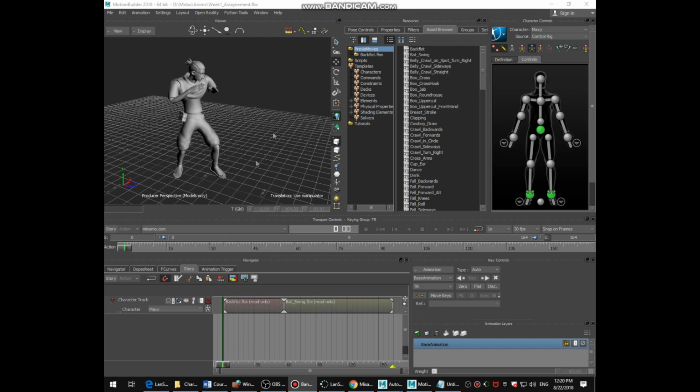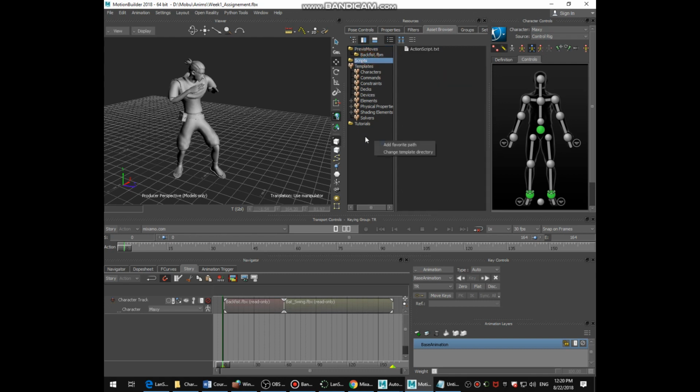Okay, so if you want more samples, more mocap of this, in the asset browser, you can add another folder. Right-click anywhere on an empty space, add favorite path,